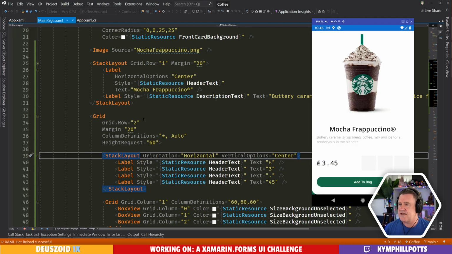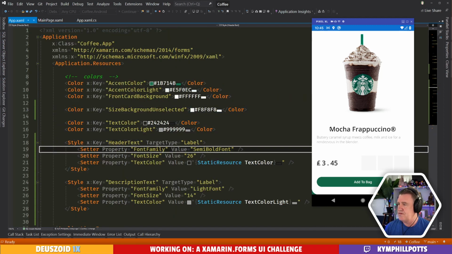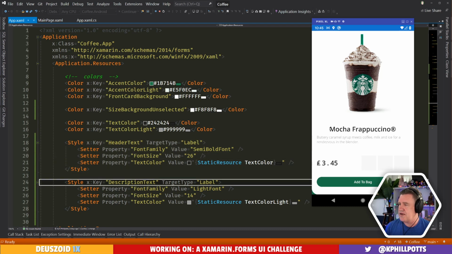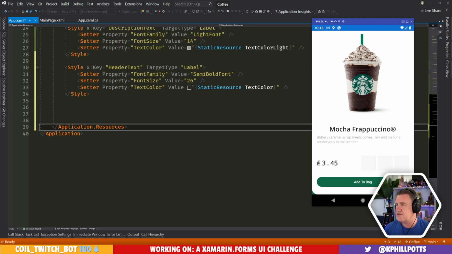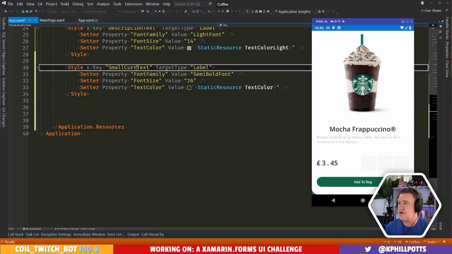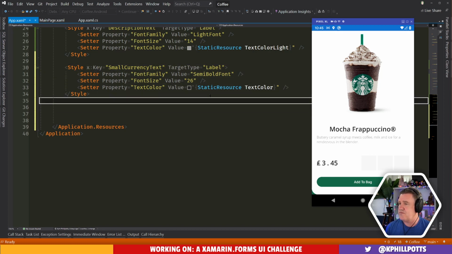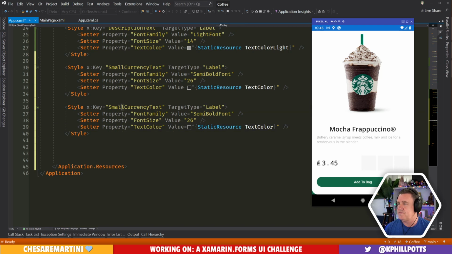All right, let's come up with another. I'm going to actually create two styles here. One which is small currency text, and another which is large currency text.